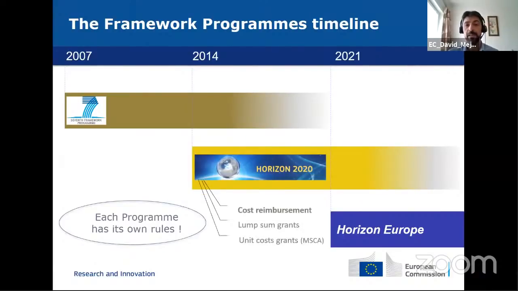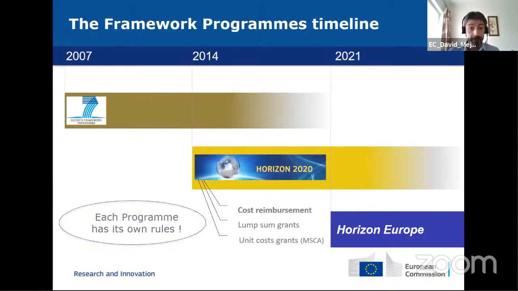And even within each framework program, there are different types of grants that may have different rules. I just put there three very illustrative examples. In Horizon 2020, a bulk of the grants are done under cost reimbursement, and those are the explanations on which we are going to concentrate today. So the eligible cost, the cost actually incurred, and how we